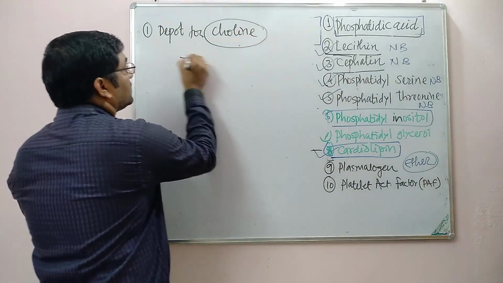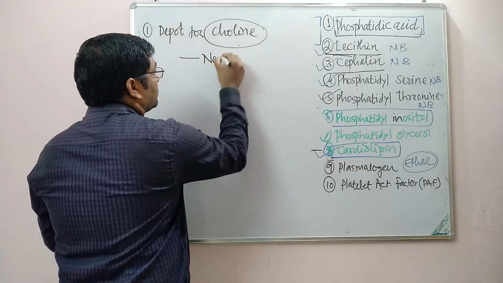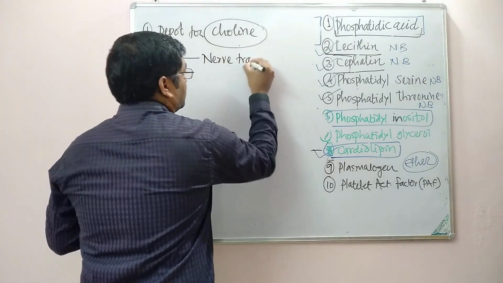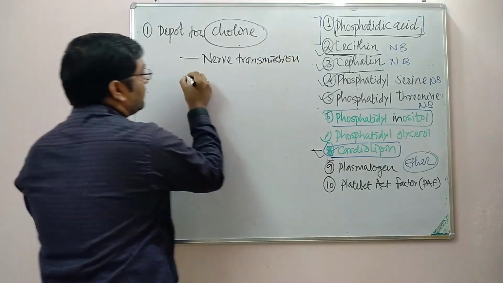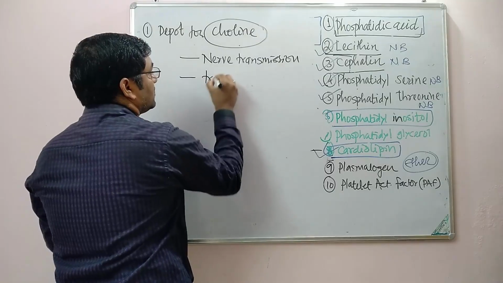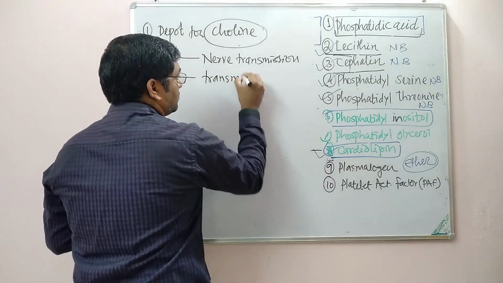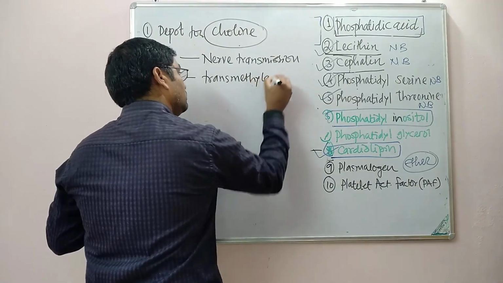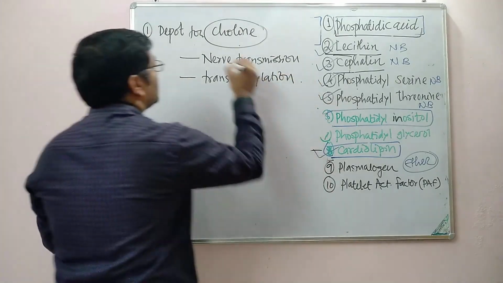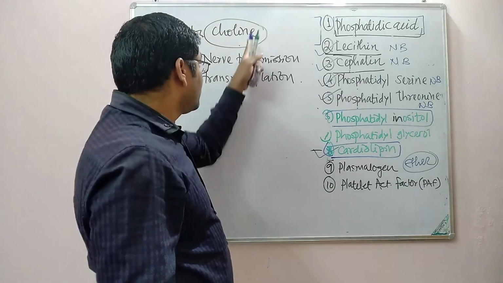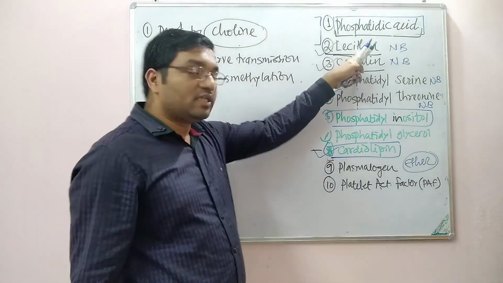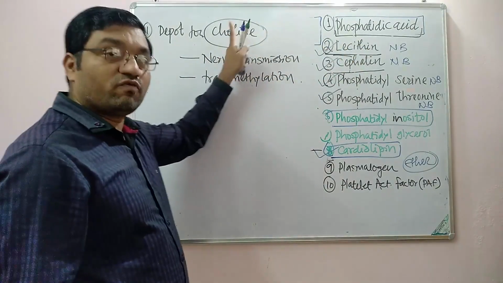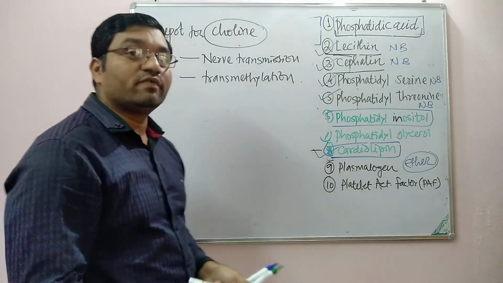The first one is nerve transmission, and the second one is the transmethylation reaction. So these are the two important functions governed by choline. Lecithin acts as a depot, a reservoir for choline, and supplies the choline whenever it is